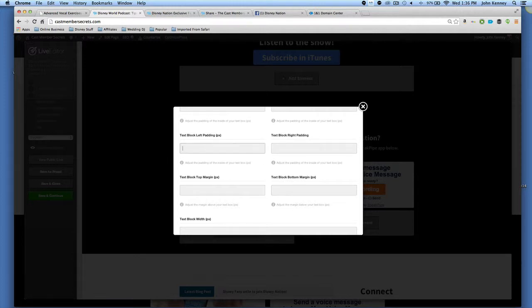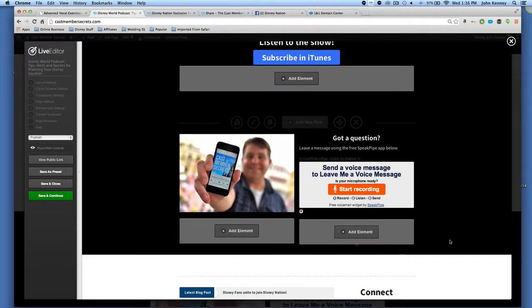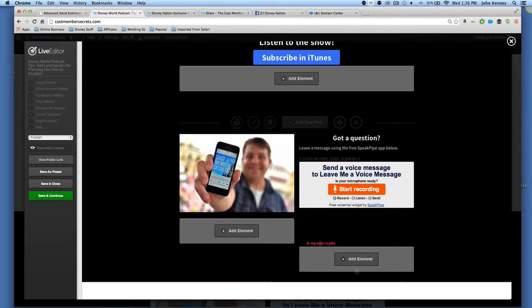So here, let's position this somewhere really wild and crazy so you can see what it looks like. You can also make it a specific width. I'm going to make this 350, and I want my line height to be 15 pixels high. You don't need to fill out any of that, but I'm just filling it out so you can see what it actually looks like when it's done. And there you go. Because of all the crazy formatting I've done, it's moved down here